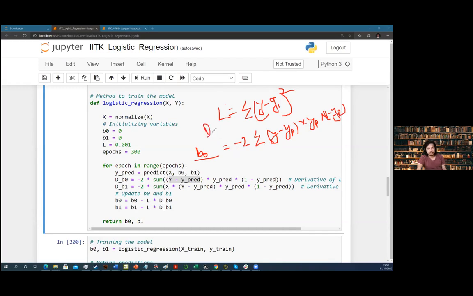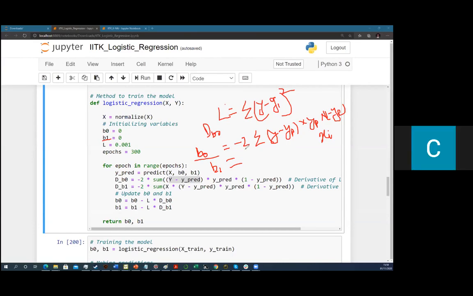with respect to b0. And now for b1, we'll calculate this partial derivative for b1, which is equivalent to this one and can also be written the same way. There is nothing going to change here, which is minus 2 into the partial derivative of (y minus y prediction) into yp into (1 minus yp), and multiplied by xi, because it was b1 xi.